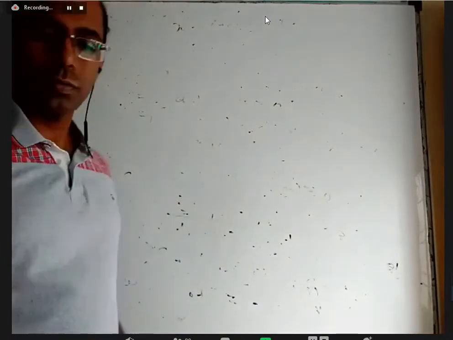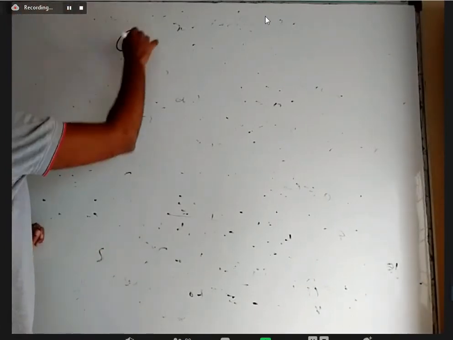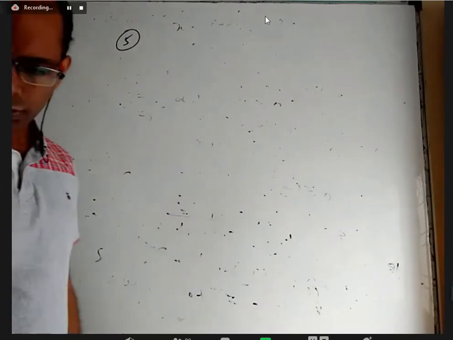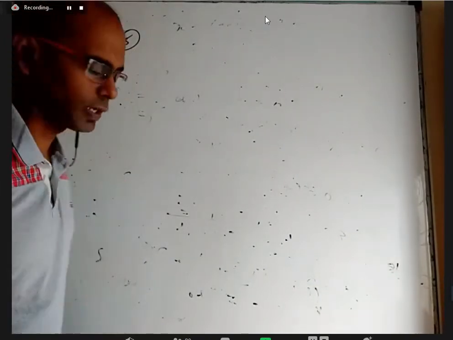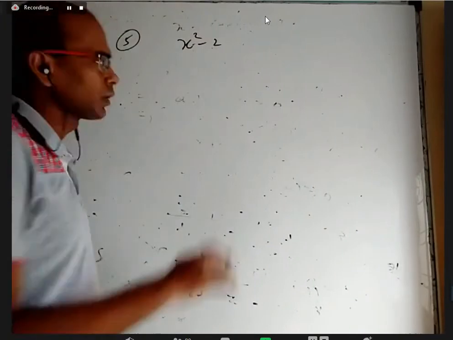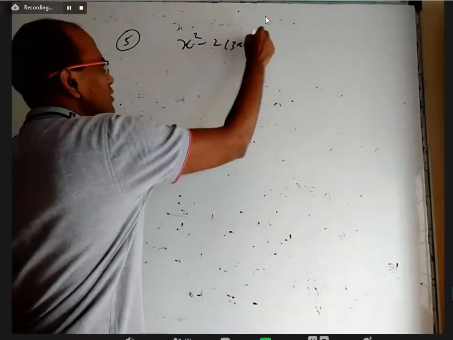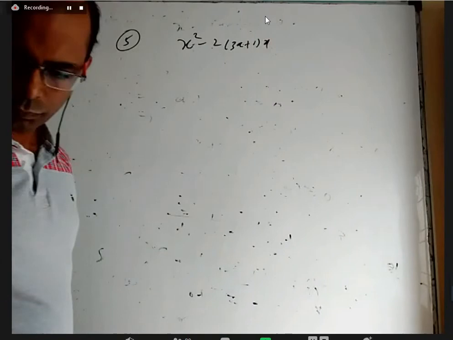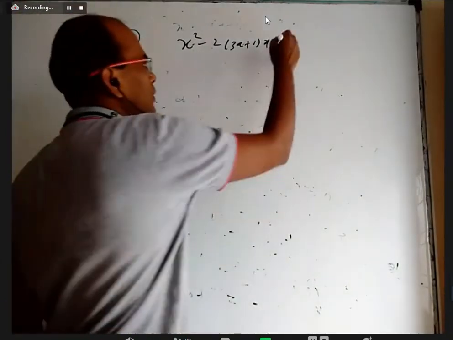Okay, we'll continue, but tomorrow I'll discuss all those cases, like when a quadratic equation is always positive, and some details like that. Okay. Fifth one, they want coincident roots, which means the roots are equal, so delta equals 0. For the quadratic equation x square minus 2 into (3a plus 1) into x plus 7 into (2a plus 3).